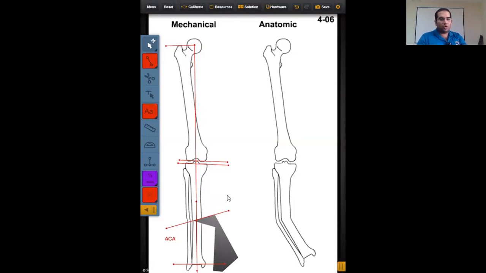So in this scenario, what we did was an osteotomy on the angulation correction axis. Our hinge was also placed over the angulation correction axis, and it resulted in complete correction of our deformity, which means that both the mechanical axis of the limb and the joint orientation lines got restored.